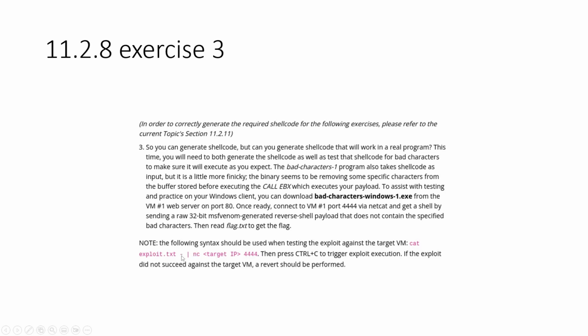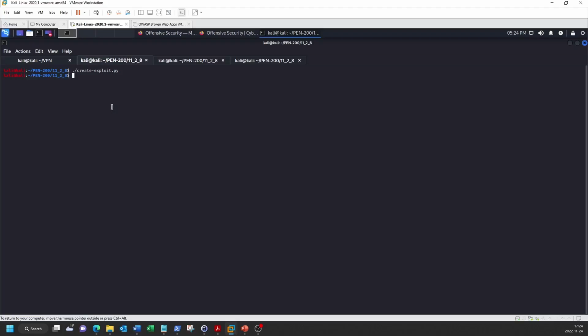The hyphen is a file descriptor, which corresponds to stdin or stdout, depending on the context. In this case, it means that the output of the cat command is the input for netcat, and the output of the netcat command is going to stdout on the local terminal. I've run my Python script to use the same unstaged payload that I used earlier. I've also reverted the VM group so that port 4444 is open on VM number 1 again.